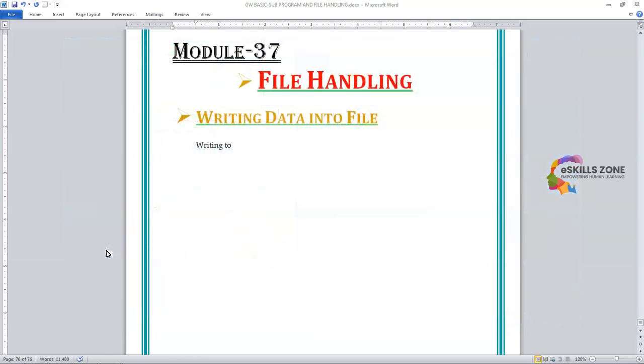Today in this video we'll discuss writing data into a file in the file handling topic in GWBasic programming language. So let's start. Writing to a file